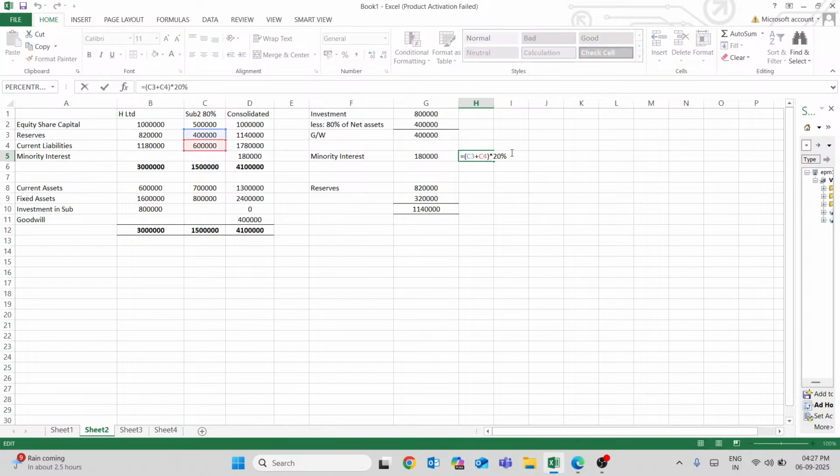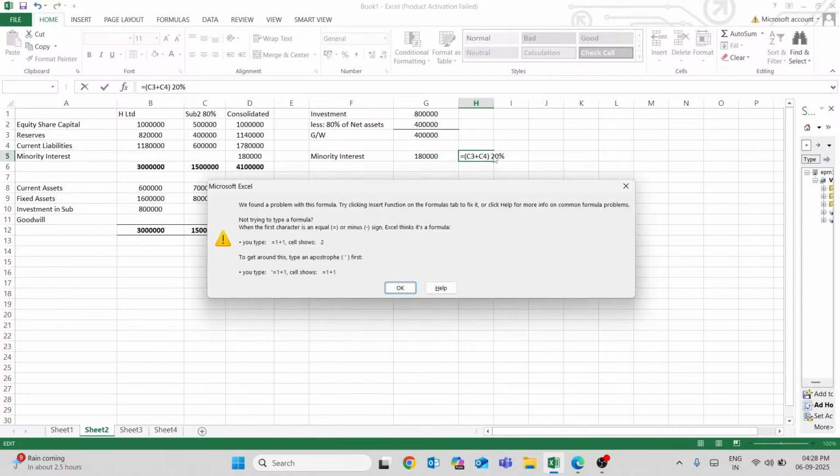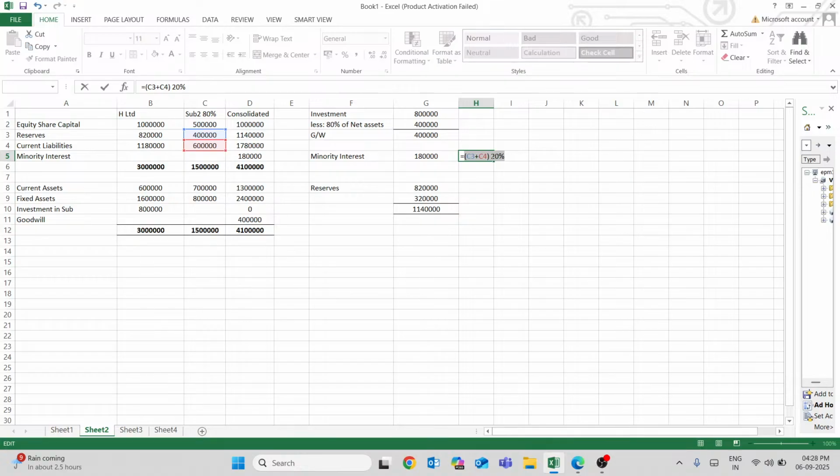It is giving him... I don't know why it is giving 20 right now, but the actual figure would be 80% only if we